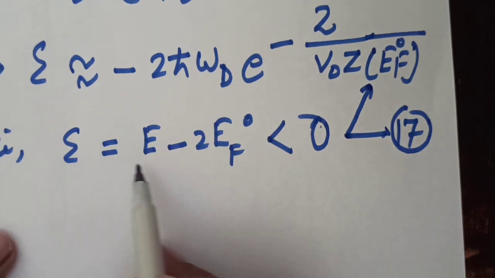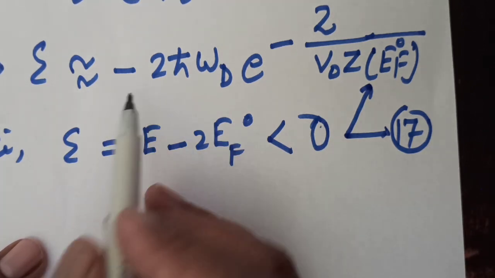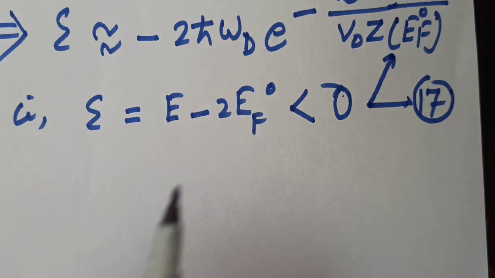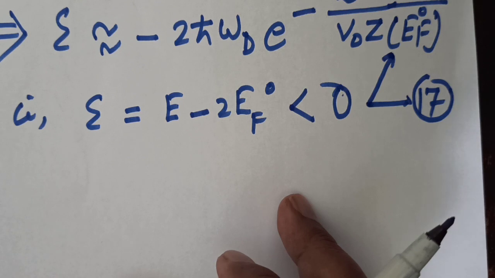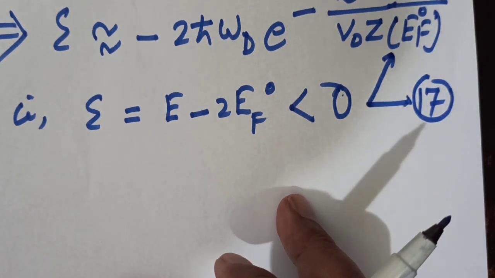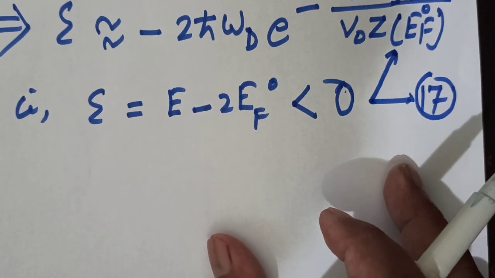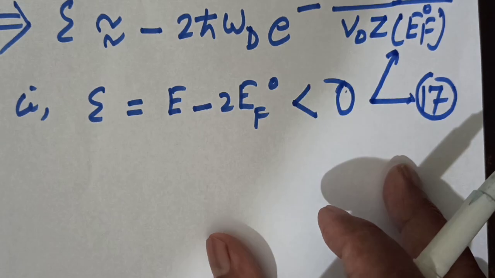That means this small e is less than 0. That means it is negative. Here we get the negative value. So now this also brings our discussion towards an end, because this is an all important result. It clearly shows that there exists a 2 electron bound state whose energy is lower than that of the fully occupied Fermi sea by an amount small e, given by E minus 2EF naught. That means the ground state of the non-interacting Fermi electron gas becomes unstable when a minute attractive interaction between electrons is switched on. So with this,